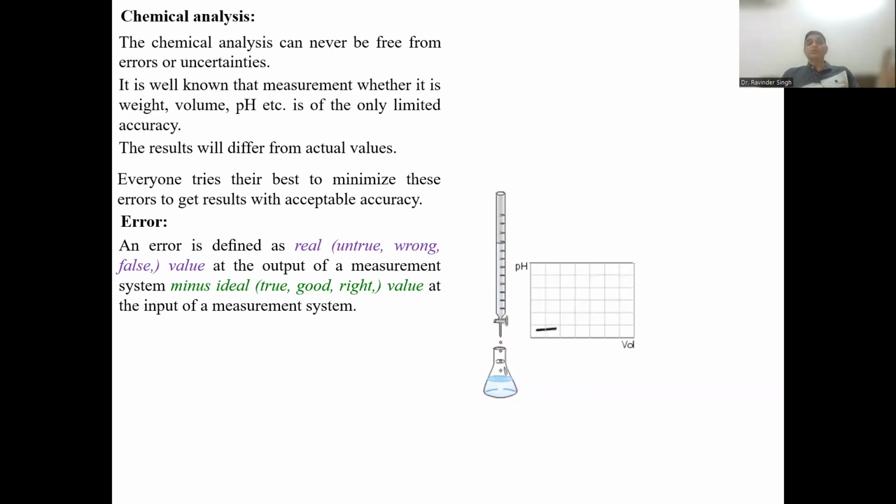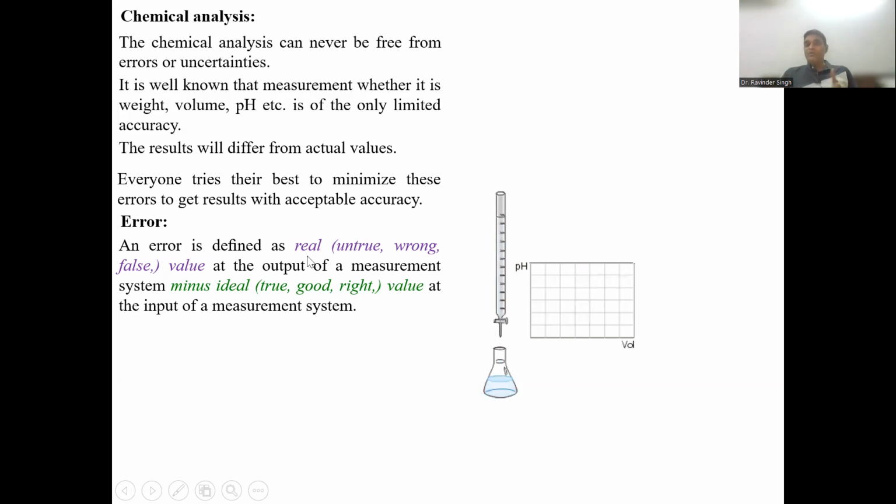रियल वैल्यू जो है मींस वो ऑब्जर्वेबल वैल्यू है जो एक्सपेरिमेंट के थ्रू हमने ऑब्टेन की, दैट इज द रियल वैल्यू। अपनी तरफ से ऑब्टेन की। वो ट्रू है या नहीं ट्रू वो हमें नहीं पता, वो तो टीचर से पता चलेगा। मींस द रियल वैल्यू दैट मे बी अनट्रू। अगर कुछ एरर है तो दैट रियल वैल्यू विल बी द अनट्रू, दैट विल बी द रॉन्ग, दैट विल बी द फॉल्स। अगर वो रियल वैल्यू आइडियल वैल्यू के साथ मैच करती है, आइडियल वैल्यू का मतलब ट्रू वैल्यू, गुड वैल्यू, राइट वैल्यू, दैट इज बीन प्रोवाइडेड बाय द टीचर। जो टीचर कहता है दैट इज द आइडियल वैल्यू, जो हम निकालते हैं दैट इज द रियल वैल्यू। रियल वैल्यू आइडियल वैल्यू के साथ मैच कर भी सकती है, ना भी करे, नहीं करती तो एरर कहलाएगी वो।